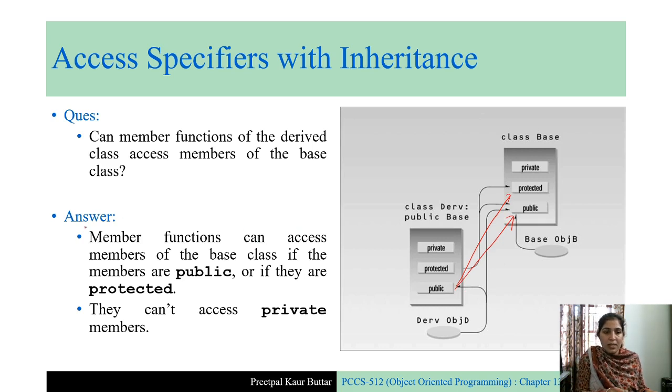Okay, so this statement is saying the members of the derived class, they can access the protected and public members. So protected members can access the public and protected members of this base class. Similarly, public members can access the protected and public members of this class. And same is the case with private also, although this is not shown. So if we exclude this private section, all the other members are accessible to all the members of this derived class.